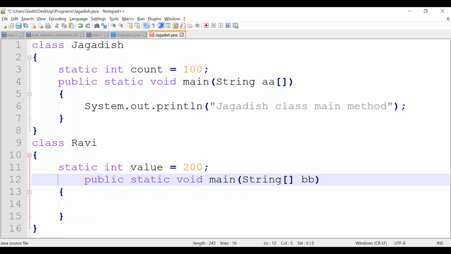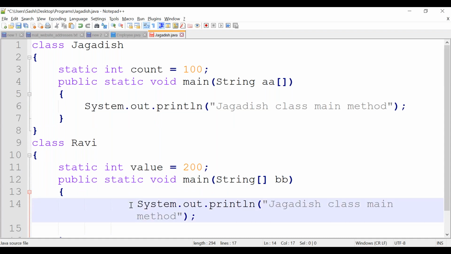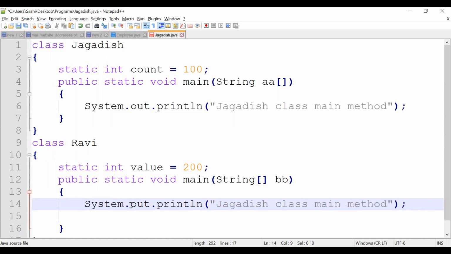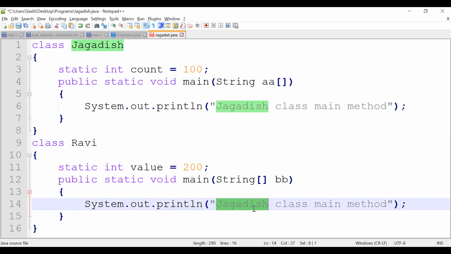So the second class is having two members, right? Ravi is having two members. One is a static variable, the variable name is value. Another one is the main method, correct?